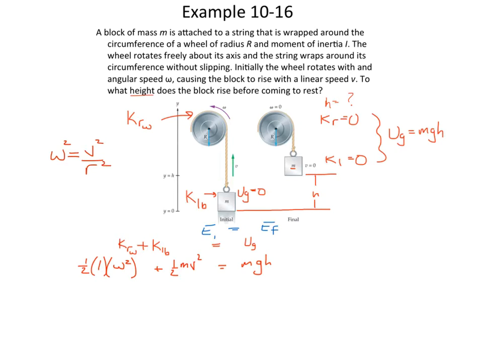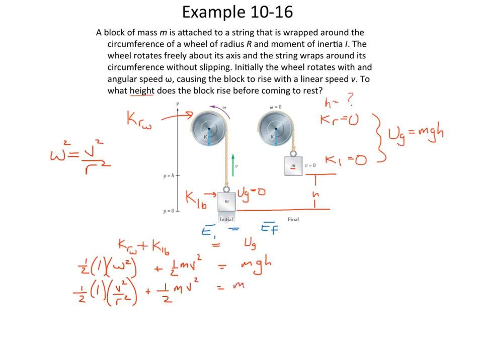So let's substitute that in for omega squared right there. So that's going to be 1/2 times our I, our moment of inertia, times velocity squared over radius squared, plus 1/2 mass times velocity squared